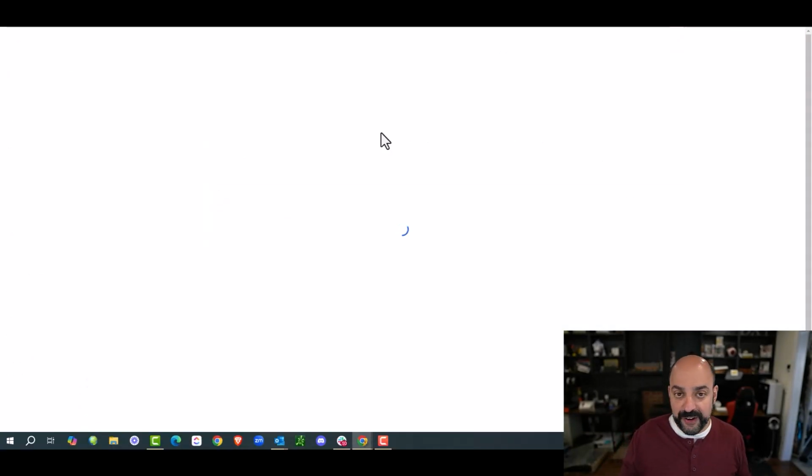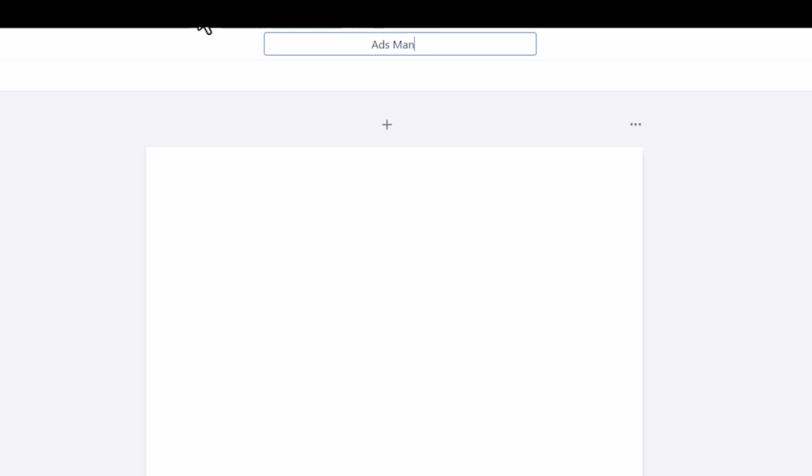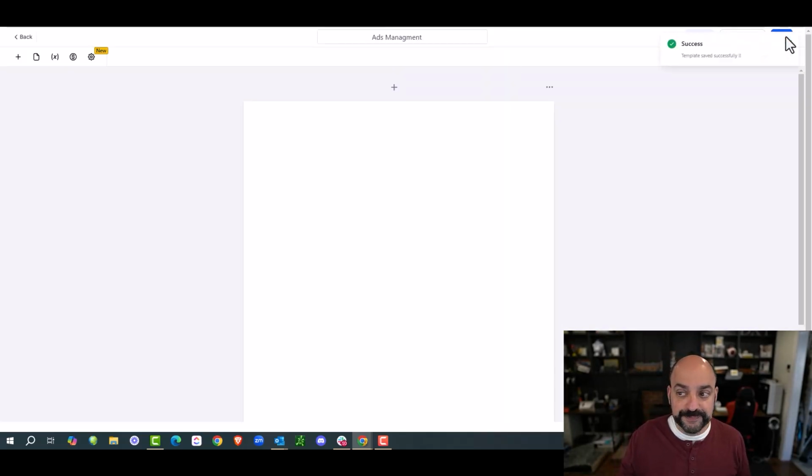And I'm just going to keep it very blank. The whole point is that it's going to be exactly what the service is, and I'm not going to deviate from the services based on what I offer, right? So for instance, this is going to be ad management, and I would have a standardized contract. This is not how to use the contract software. I have another video on how to do that, but ads management will be the first one. All right, I'm going to go